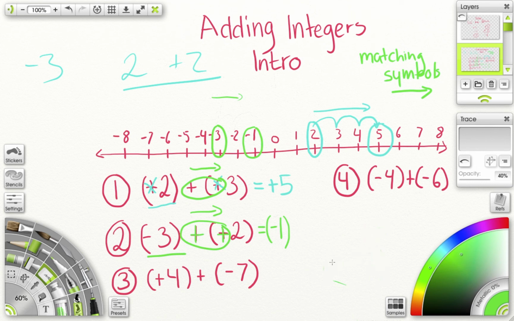Question 3. I'm just going to choose a different color for this. We have positive 4 plus negative 7. So first step, we always locate our first number on the number line. So positive 4. We're adding a negative number. You see how these symbols here are opposites? A plus and then a negative. Opposite symbols,